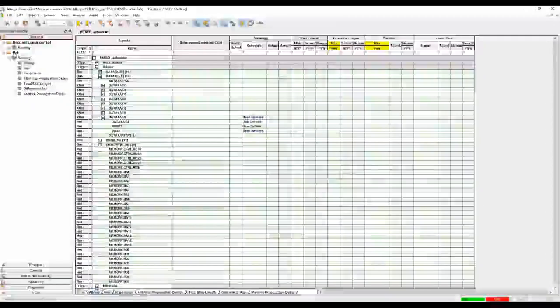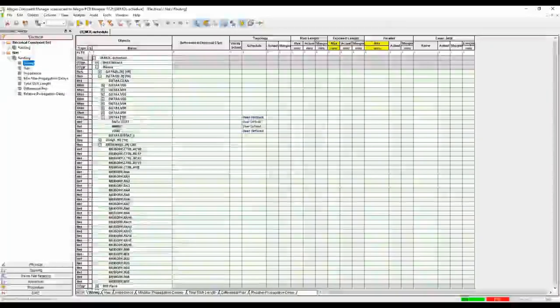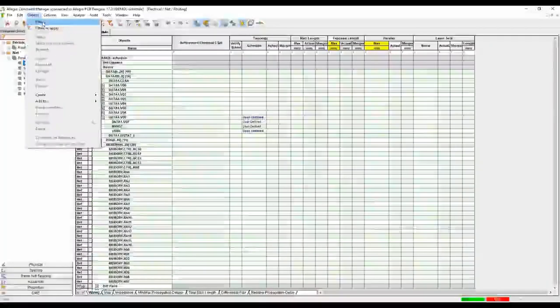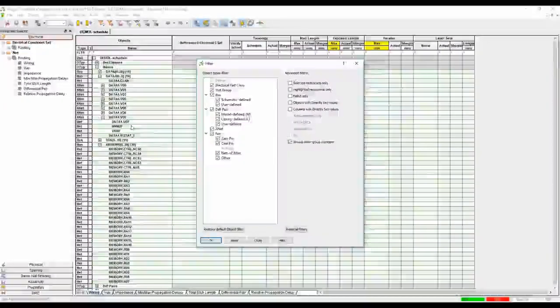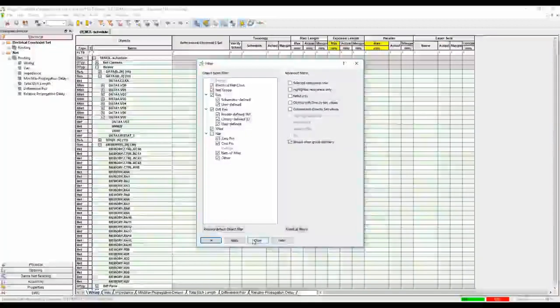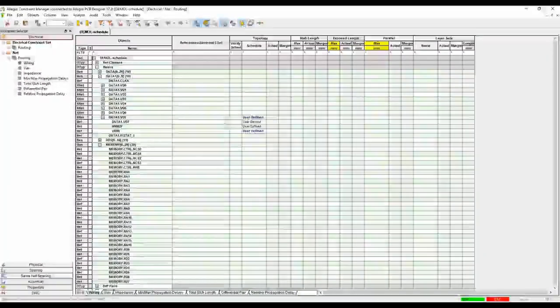Then if we go into Constraint Manager, we'll look at the net routing wiring folder. You can see I've got a user-defined schedule here. We need to make sure, if we go to the objects and filter, there's a nets of XNet, because I've got XNets on this net because of the termination resistors, and I've got signal models applied. What I want to do is make a rule from this